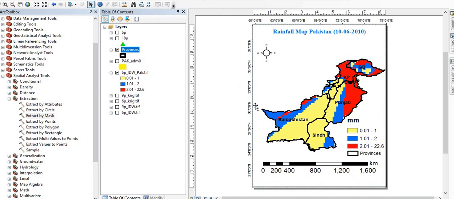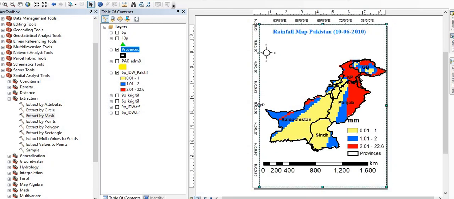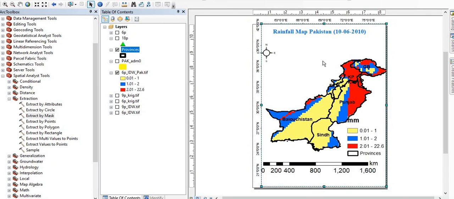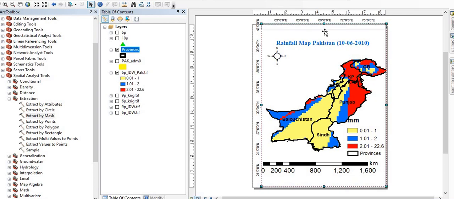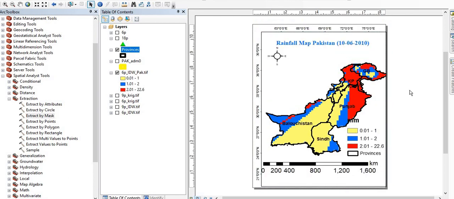Now it is okay. So you can just drag this line into your print area. So it should be in print area. You can change the location of north arrow at this point. You can select this one here and you can move this one into your print area. Now it is okay.